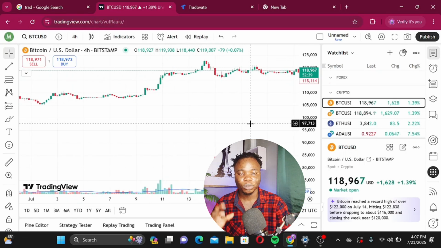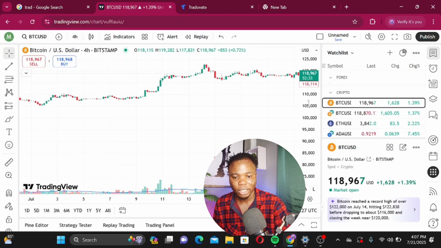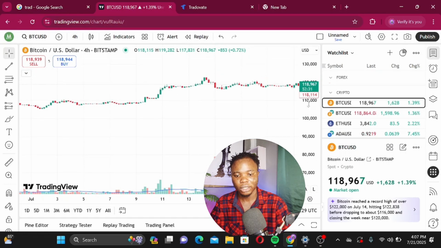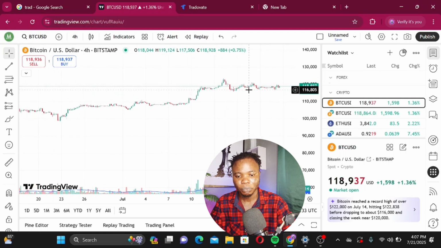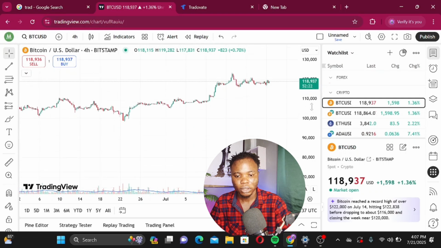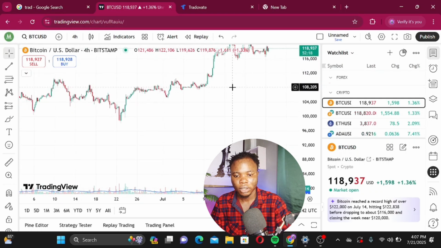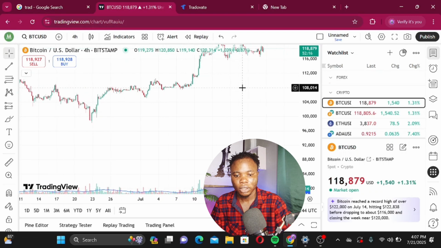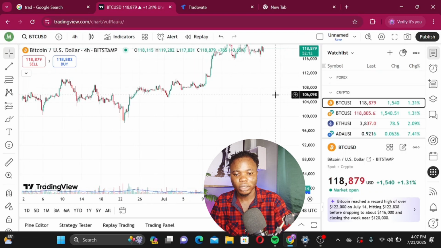If it's too wide and you want to make it really small, you can always do it like this, right?